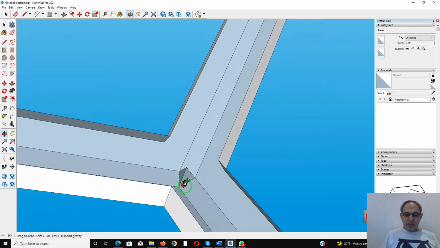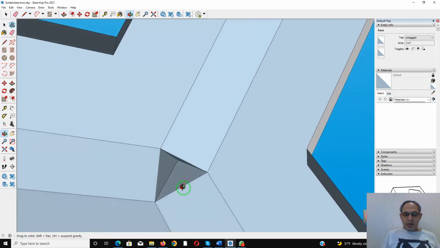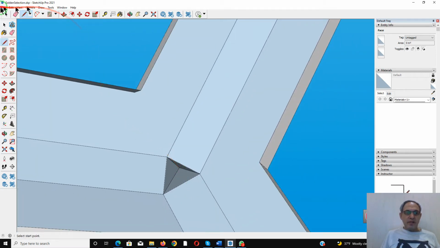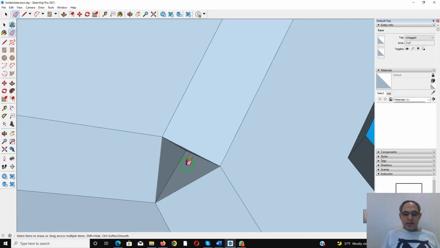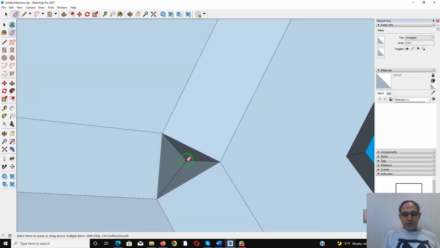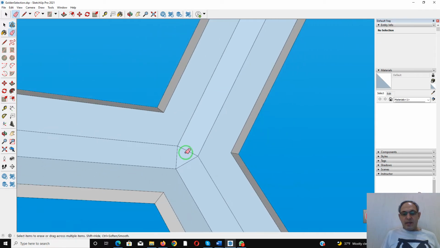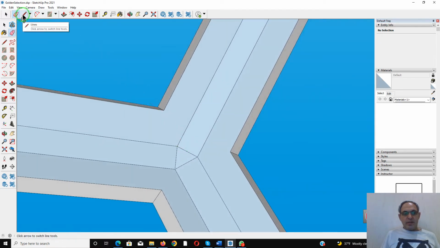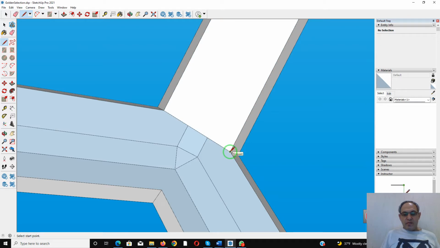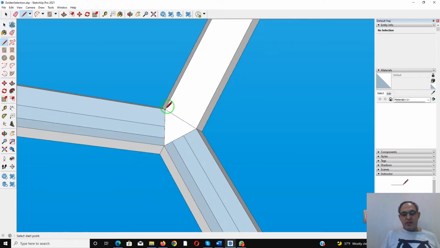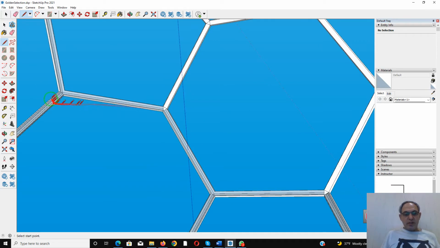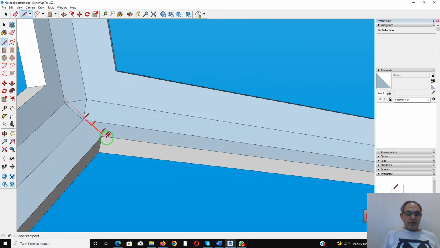Also for this one, okay, this is unnecessary geometry, so we have to delete it. I'll take the eraser, and then I can delete this geometry as well. And now I'll take the pencil to make a line, and I'll make a line from here to here. When you make a line, the geometry also will be created, this one, and from here to here. Okay, the rest I can continue like this. For instance, from here to